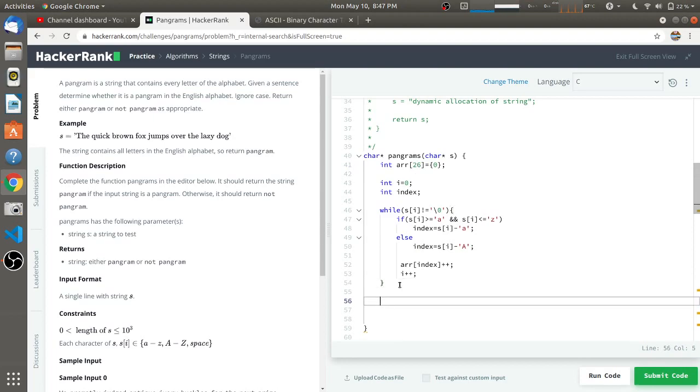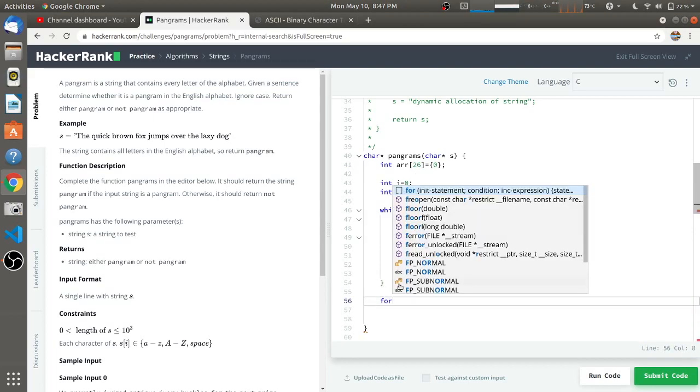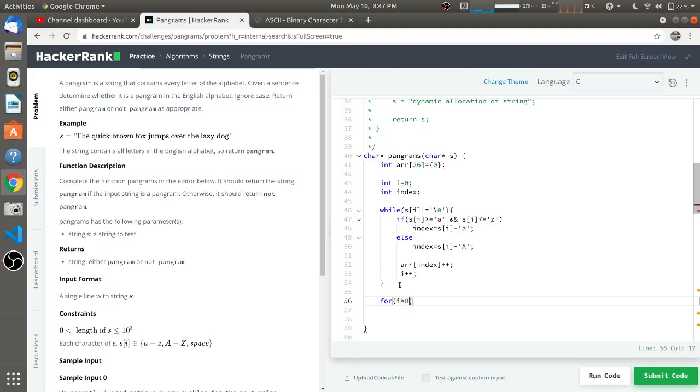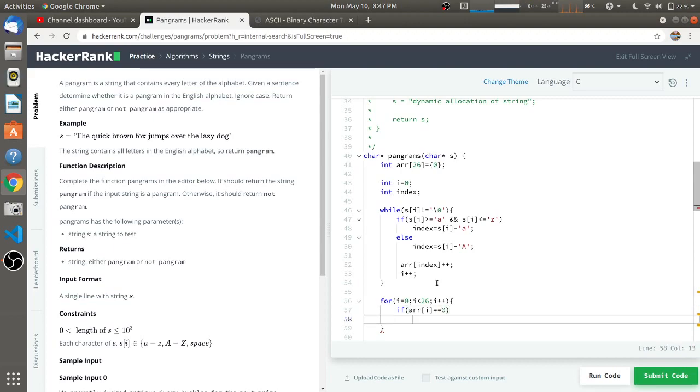If it is not 1 in any case, then it is not a pangram. For that we'll run a loop using that same variable i, and it will run till i less than 26, sorry, and then the modification. We have to check if any index of this array arr is equal to 0, then that character is not there in this string, as we have incremented the value of that index by 1 if that character arrives.